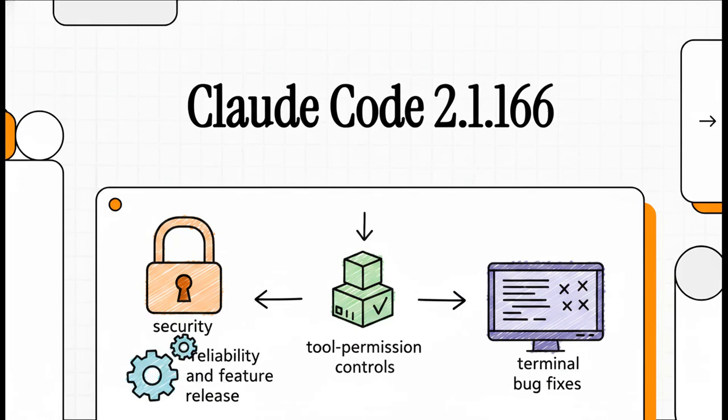Today, we're breaking down a really substantial update that's going to immediately impact your day-to-day developer workflows. I'm talking about Claude Code version 2.1.166. This release is a beast. It touches on everything from rock-solid reliability and tighter security to granular tool permissions and some much-needed terminal bug fixes. If you're relying on Claude Code every day, grab a coffee, because we're going to get you completely up to